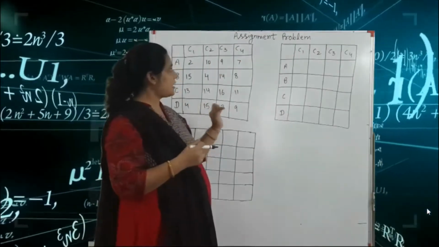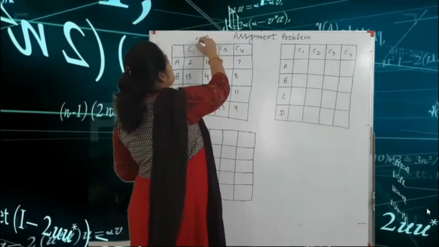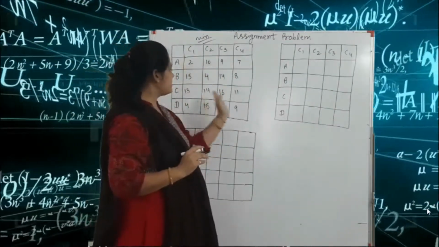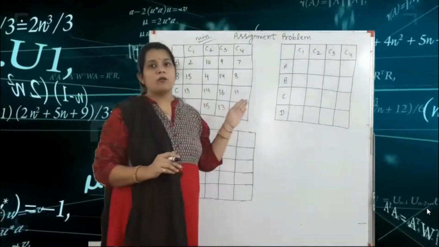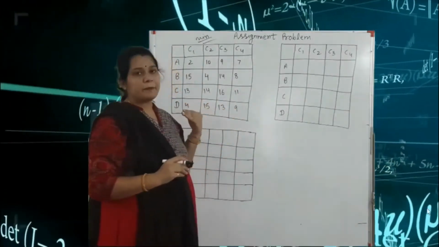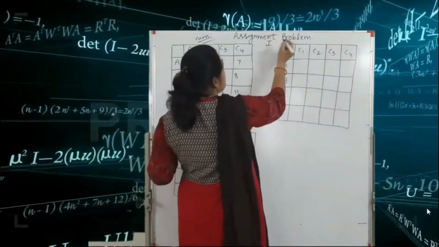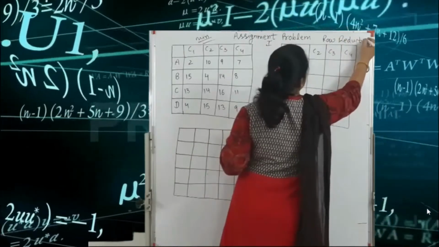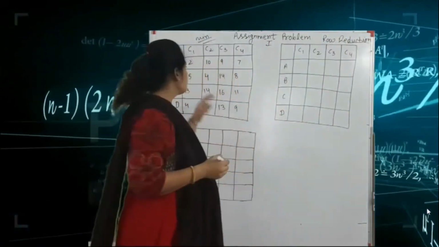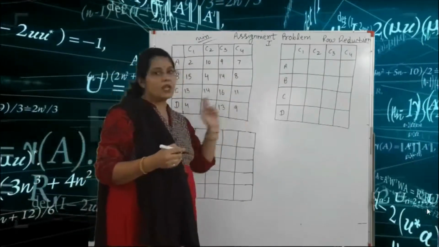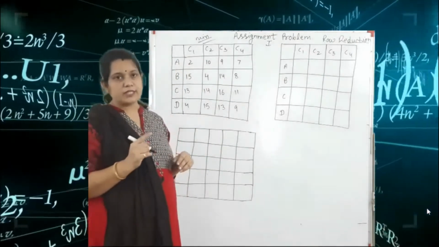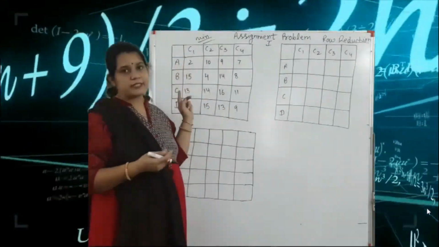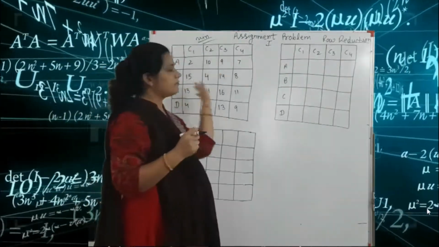Okay, so here is an example of the assignment problem. The columns C1, C2, C3, C4 are subjects or courses, and A, B, C, D are four professors, and we assign professors to subjects or courses. So first we check that this question is given in minimization form, and this is a square matrix, here 4 rows and 4 columns. So the first step is row reduction. What do we mean by row reduction? Every row has at least one zero. In case zero is already included, it's okay. But if zero is not included, then we first make a zero in every row.